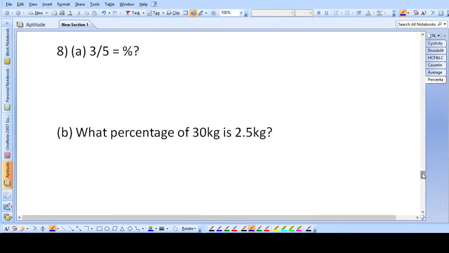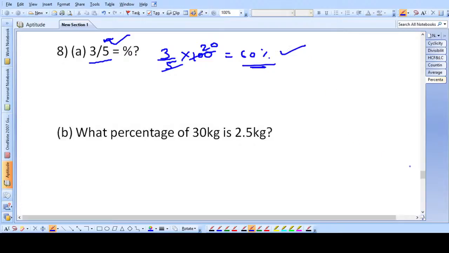Okay, now some simplification type of question. What is 3 by 5 in terms of percentage? We just saw, multiply it by 100. So simply this is how much? 20. This is 60%. Okay, so 60% can be represented as 3 by 5 also, and 3 by 5 is said to be 60% of something.